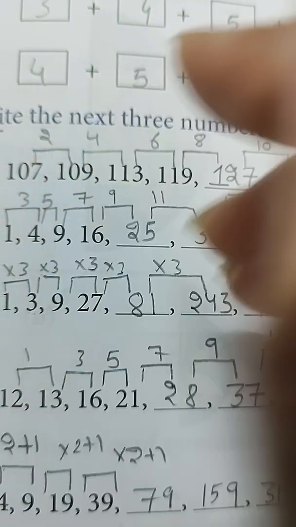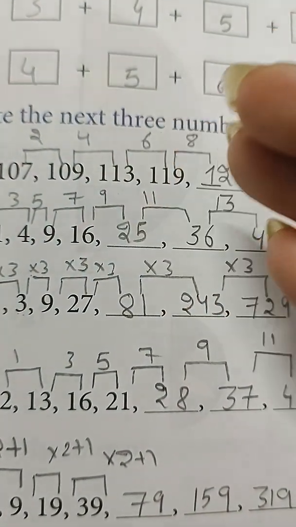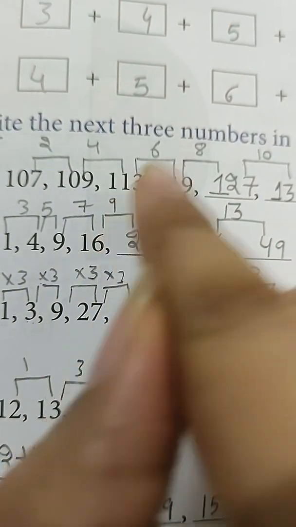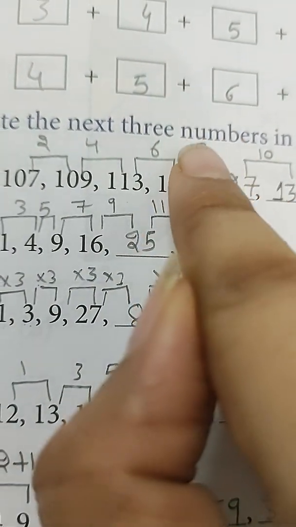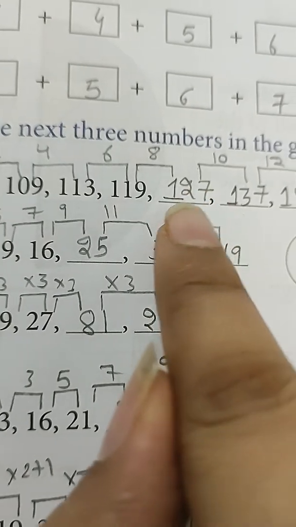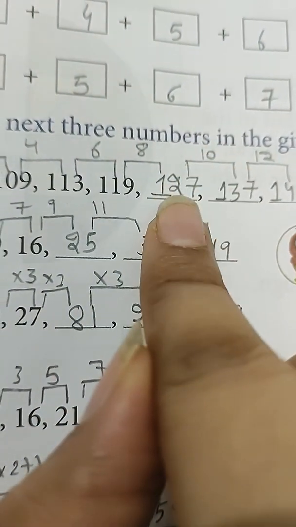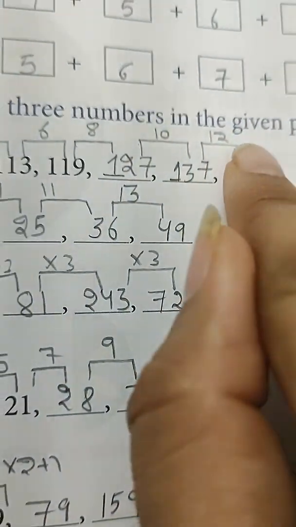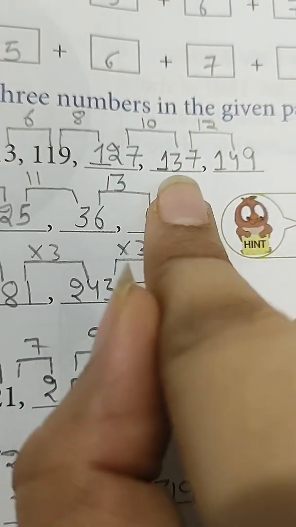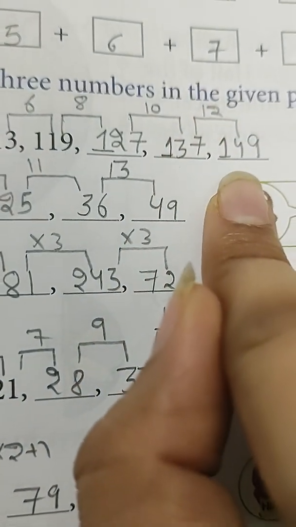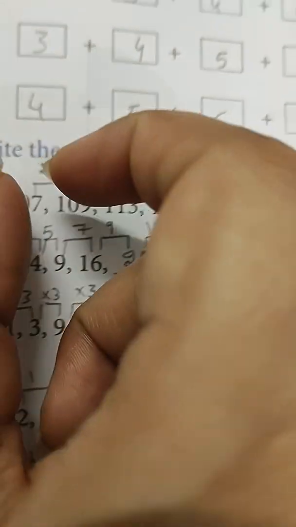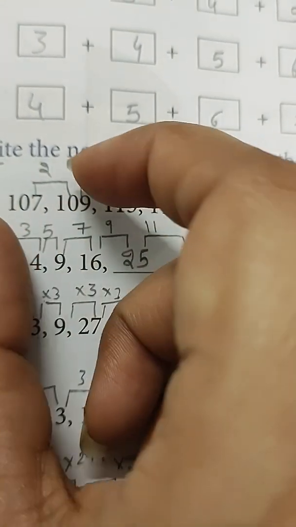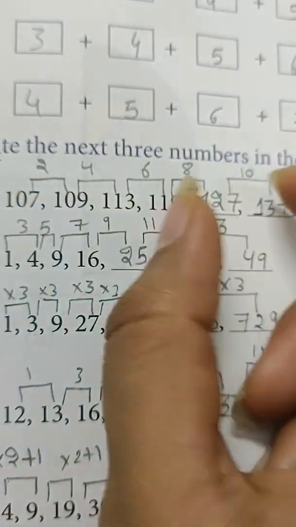As you can see, the 2 table is going on. Firstly you were leaving 2, then 4, then 6, then we have to leave 8 because after 6 in the 2 table we have 8. So 119 plus 8 is 127. Then after 8 you have to leave 10, so 127 plus 10 is 137. Then after 10 what do we have? 12. So 137 plus 12 is 149. Here the 2 table is going on and you are increasing the numbers you leave according to the table of 2. Okay, this is the pattern.